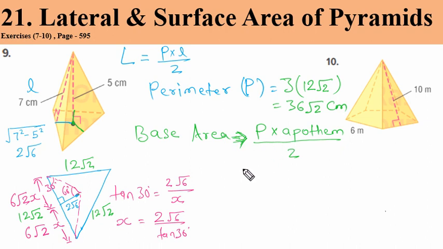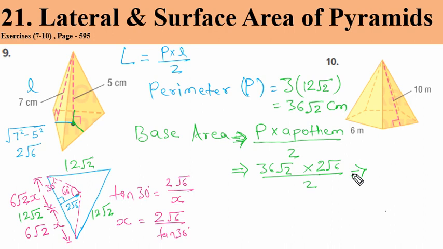Okay, now perimeter is how much? Perimeter is 36 square root 2. How much is apothem? Apothem is 2 square root 6, right? Divided by 2. Let's solve this and check how much we are getting. So 36 square root 2 multiplied by 2 square root 6 and divided by 2. So we are getting